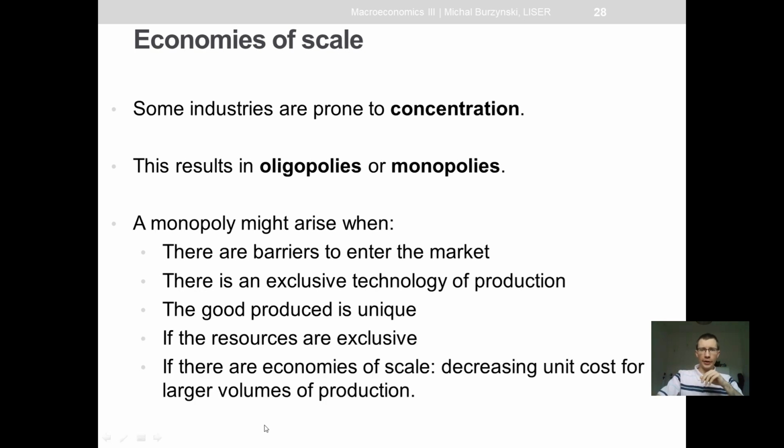Then the resources are exclusive. Once again, my example of coal mining maybe fits better to this particular point. I don't want to go back to the barriers to enter the market to explain. I hope that you have a good feeling about this particular bullet point. And then the last thing, if there are economies of scale, decreasing unit cost of larger volumes of production. And the best example here